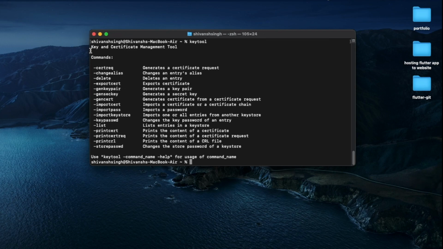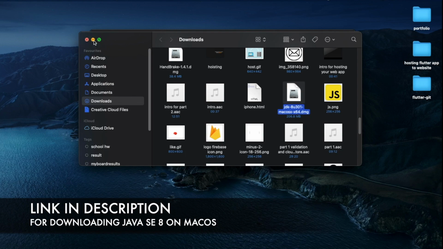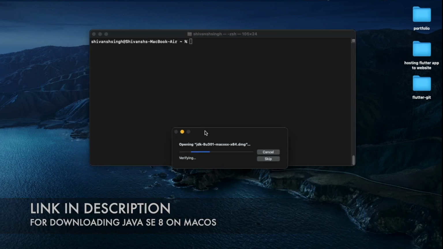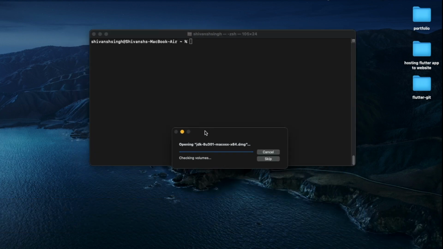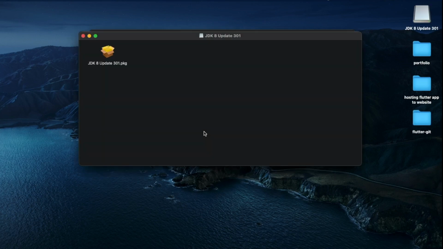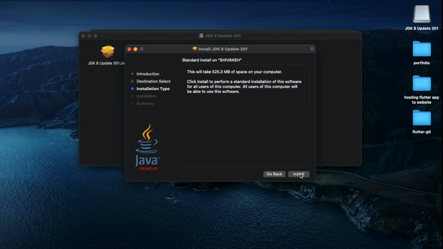For creating the keystore file, you should have this keytool command. I already have this, but I don't have the Java JDK installed on my PC, so I'll be installing the Java JDK for now. The link for downloading the Java JDK is in the description, so you can check there. And we'll be proceeding with the installation of the Java JDK.